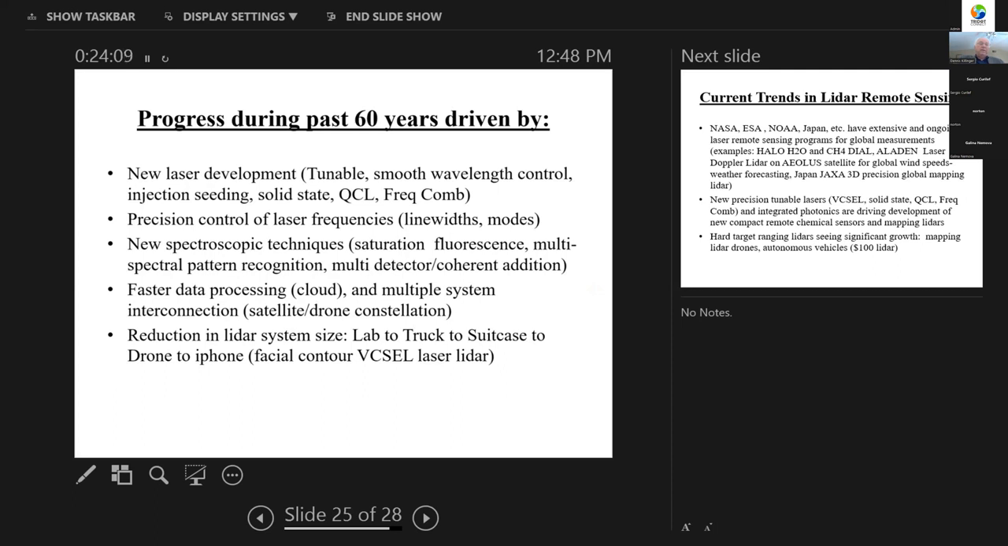What is really great is data processing. The computers used to be this big and now are nice and small. And looking at drone interconnections of drones and constellations, and people are working on this. And what I like to emphasize is the reduction in Lidar system size. We started with a lab size system that has 3 or 4 optical